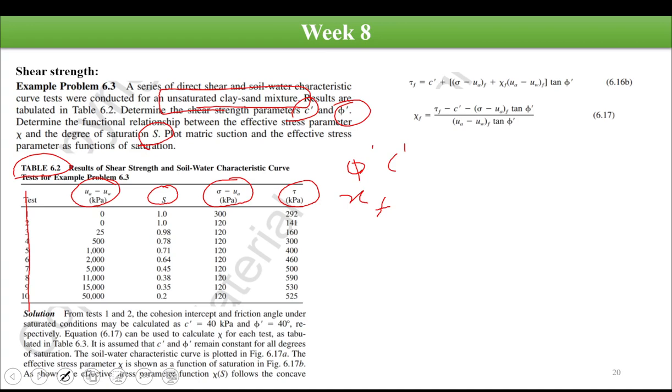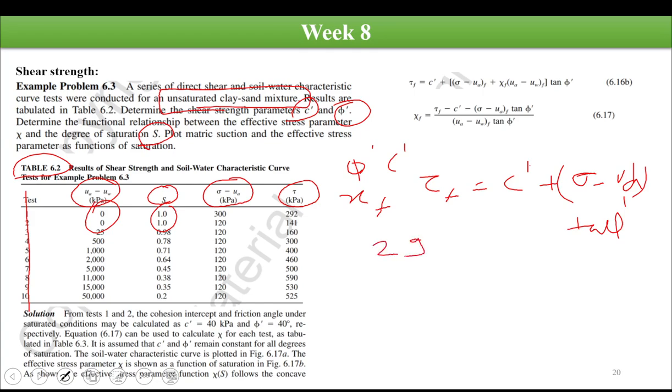We'll do it for the first two readings. If we see, the matric suction is 0 and the degree of saturation is 1. So these two readings will give you the values of c and phi, because in these two cases we can use Coulomb's equation, that is tau f is equal to c dash plus sigma dash, or you can write sigma minus ua, tan phi dash. So if we take the first value, then we can write tau, that is 292,